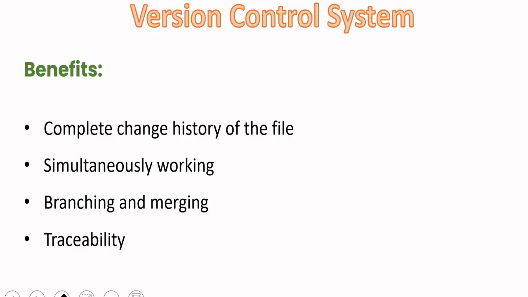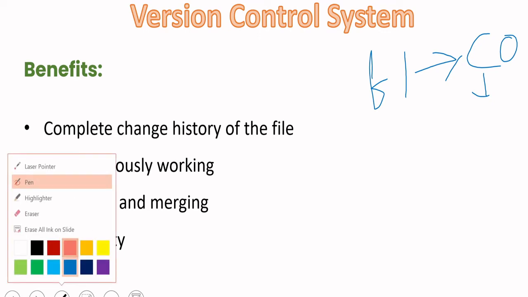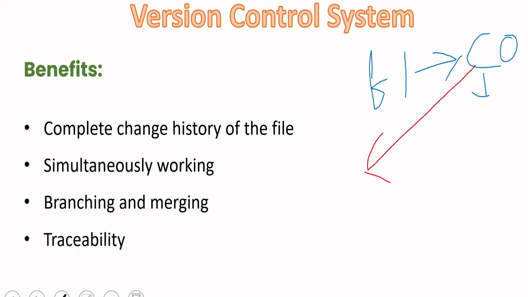In the olden days, you would copy the files into a different folder. Let's say I had the folder F1 and my code is available in this folder. I got some requirement and I made the changes. But before making the changes, I will take the backup of this copy. So I will have the backup in a separate folder called F2. So now I had the code here and I will make the changes here. After making the changes, my code version will become C01.